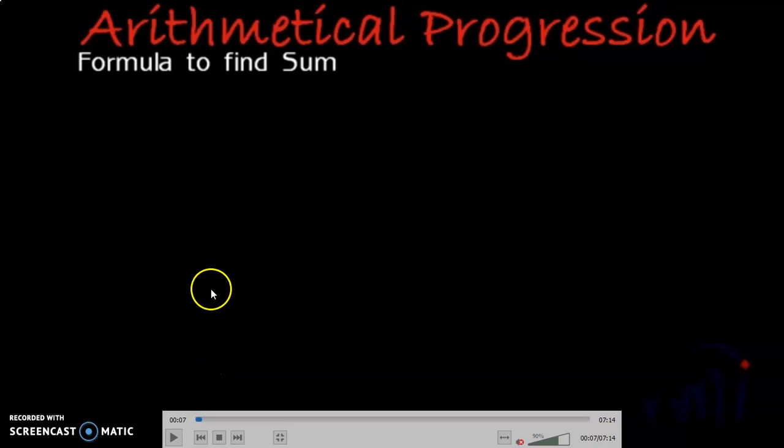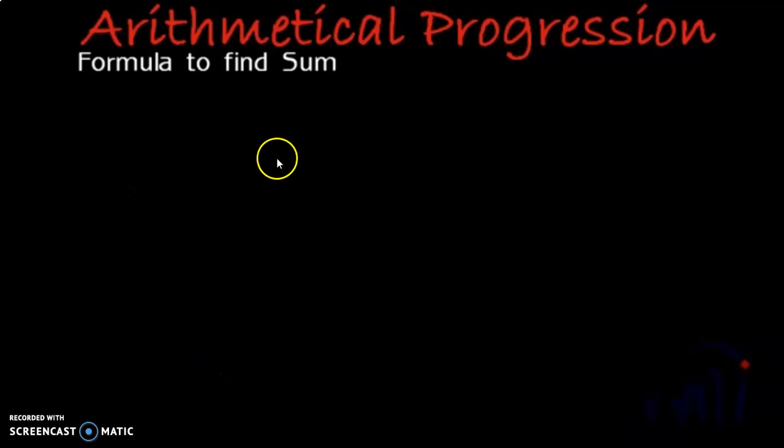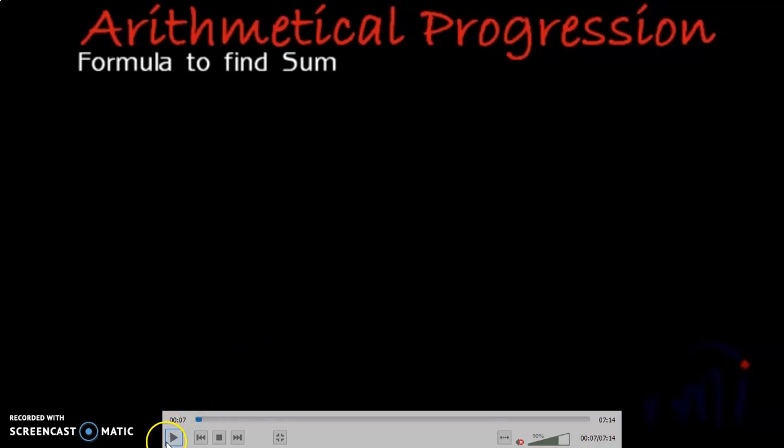Please pay close attention to what is being written over here and also my voice, and you will be able to understand. Okay. So first of all, we are going to write an arithmetic progression. The first term is a, right? We all know that the first term is a. So what will the second term be? A plus common difference, right? That is a plus d. What is the third term? A plus 2 into common difference.